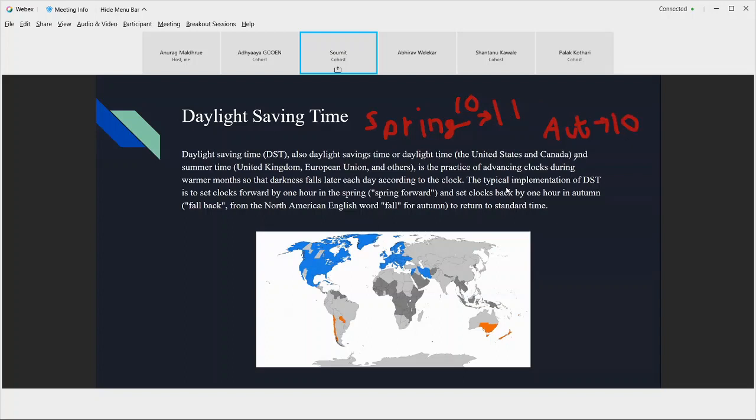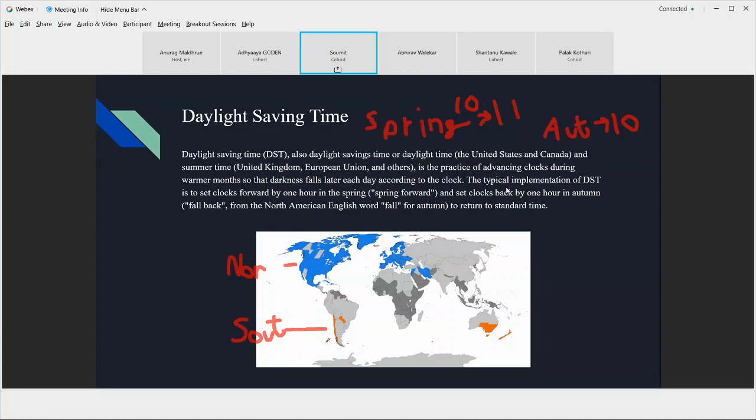What it does is give them an additional hour of daylight, which is beneficial for, let's say, children traveling to school or coming back home in the afternoon. It is not dark, and there are fewer traffic incidents with people coming back from office. So for the countries towards the poles, this actually helps them. The map below shows the blue parts from the northern hemisphere, and the orange parts from the southern hemisphere, which follow DST.